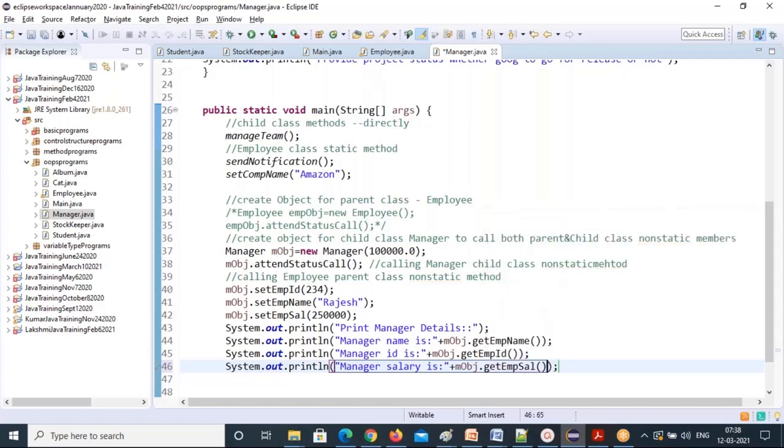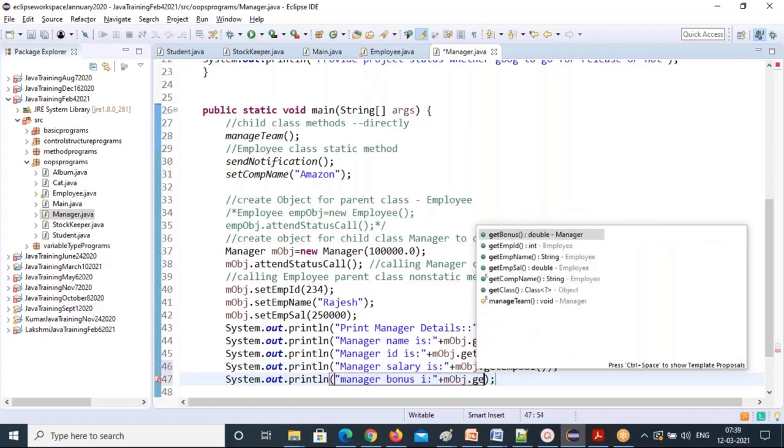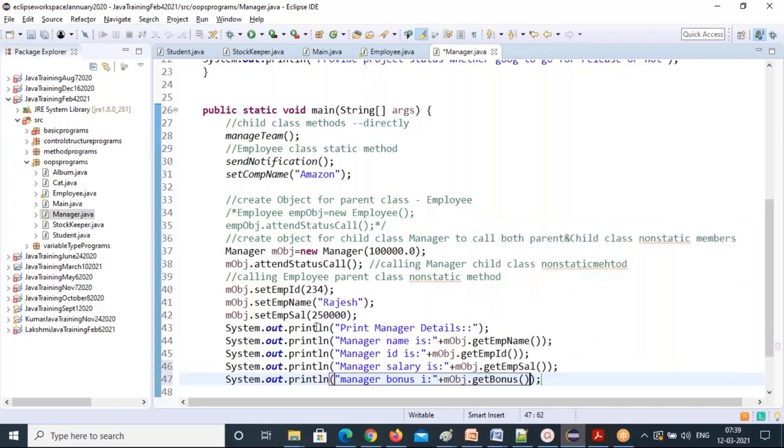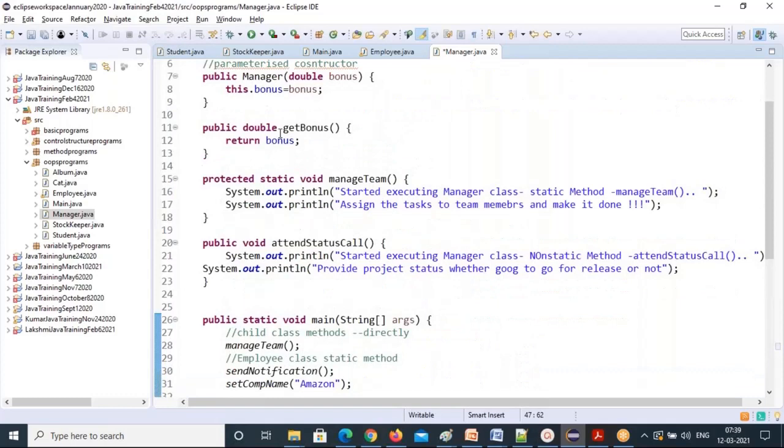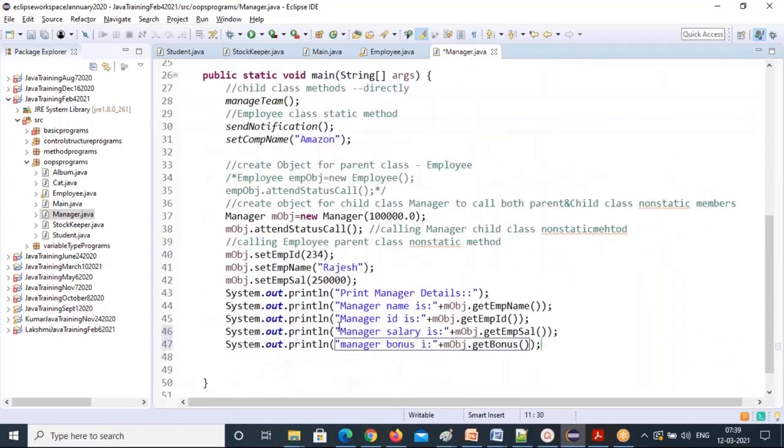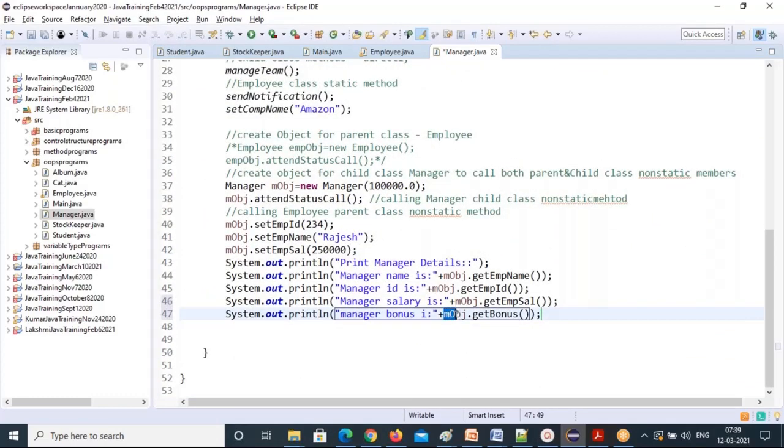Get employee salary. Now I want to give a bonus. Manager bonus is m object dot get bonus. The get bonus method is another non-static method, but it is in the child class here, so you have to call it with the object. So with a single object, you are calling both parent and child class non-static methods.